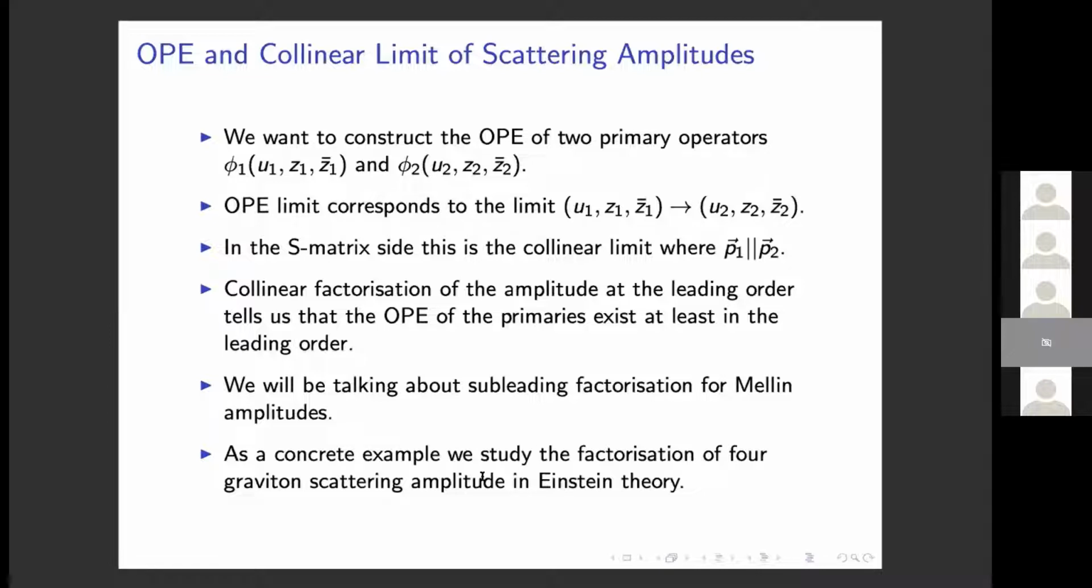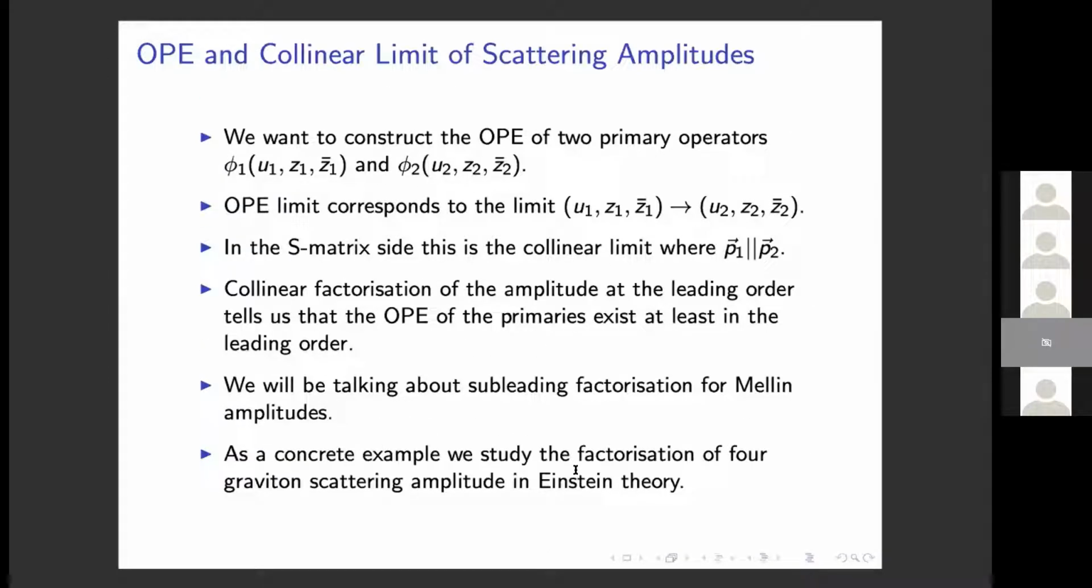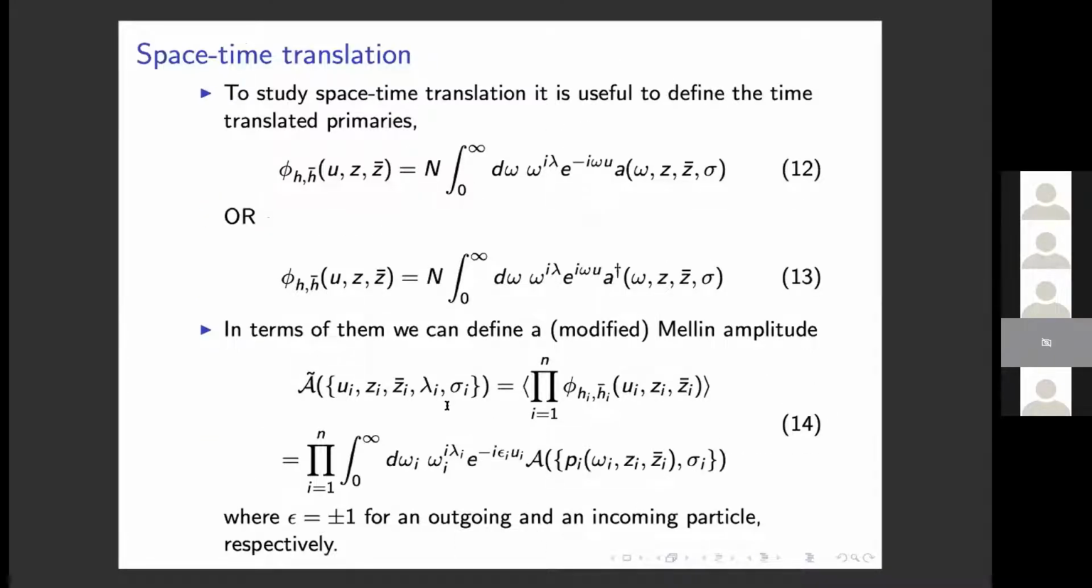Now we will be talking about the subleading factorization. Instead of doing it in a very abstract way, which I don't know how to do, what we can do is start with the 4 graviton scattering amplitude in GR. That thing is known. It's all tree level scattering, and we know what that is. So we can compute the A tilde according to this equation,